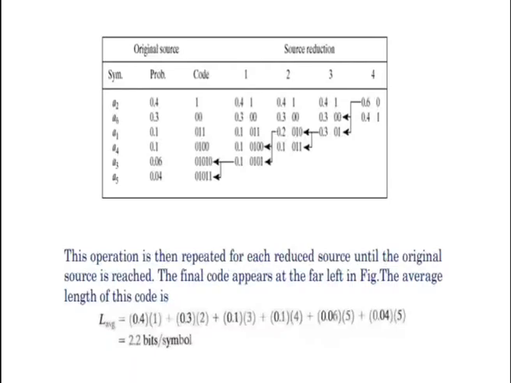It is called a block code because each source symbol is mapped into a fixed sequence of code symbols. It is instantaneous because each code word in a string of code symbols can be decoded without referencing the succeeding symbols. It is uniquely decodable because any string of code symbols can be decoded in only one way. Thus, any string of Huffman encoded symbols can be decoded by examining the individual symbols of the string in a left to right manner.